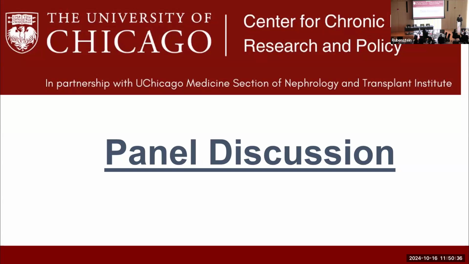But my question was actually about CMS using the policy levers to decide who's getting transplanted to achieve some of these outcomes. It seems like right now, CMS is content to let the OPTN create whatever allocation policy they want for where the deceased donor kidneys are going. And instead, in focusing more on increasing the absolute number of deceased donor kidneys transplanted, you don't seem to care who they go to, right? So I just wanted your thoughts on that.